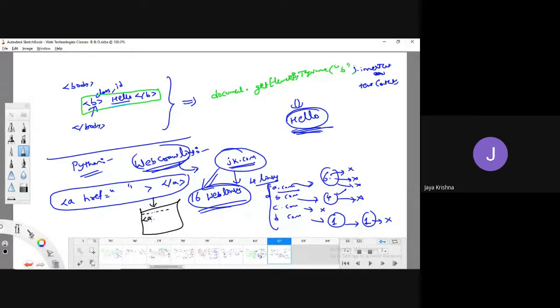Wherever I observe an anchor tag, I store it in a particular location, and I visit it once again and crawl. Wherever I observe an anchor tag, I store it here. Once this entire pass is completed, I go again to the first link, the second link, the third link, and when this link is completed, next I go for the following link. That is the concept of web crawling, which you already know.